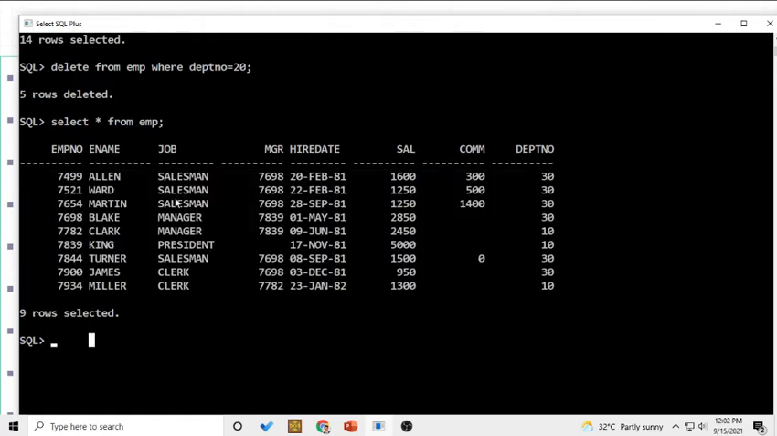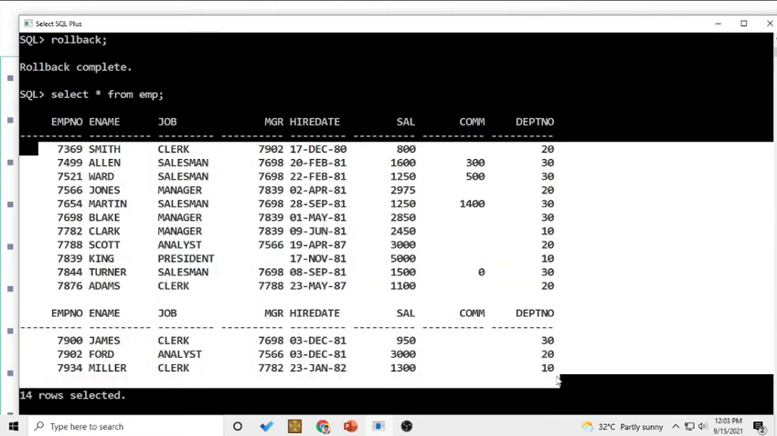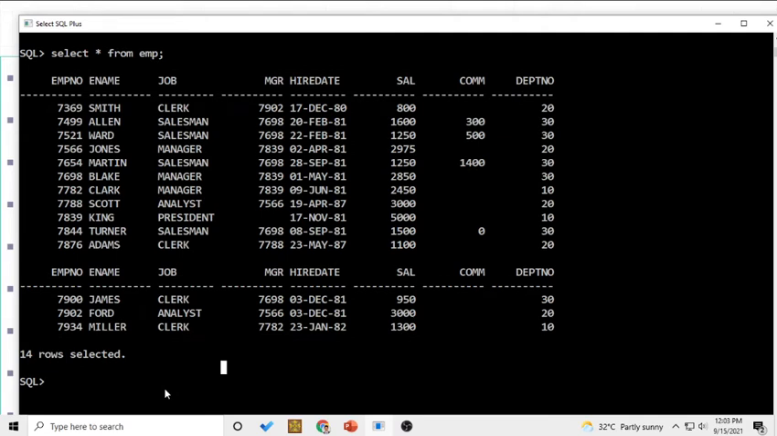And suppose I want to get it back, I need to simply use rollback. Rollback complete. Now after this rollback, if you write the same command, select star from emp, you'll be able to get all records. All 14 records are there. Means the records which I have deleted earlier are now back in place. Now comes commit command. So let me